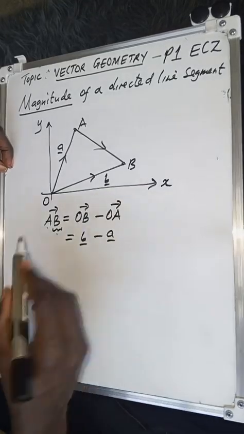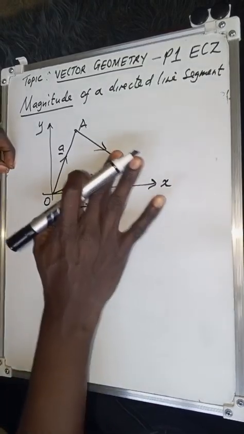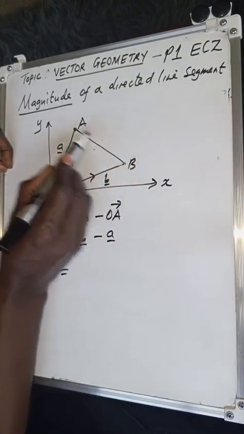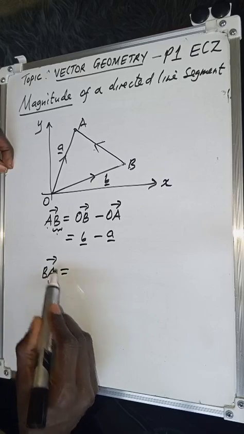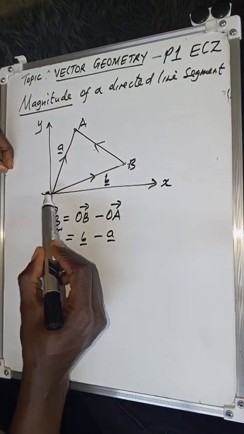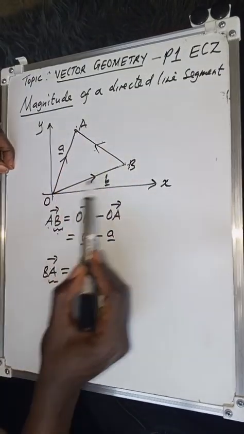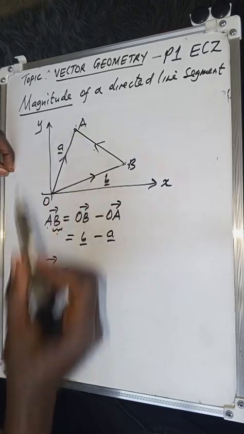So you remember that. Suppose they told us the other way around. I wanted to move BA. Suppose I wanted to move in that direction from B to A. Remember, it simply means A will now be positive. So BA means you move BO combined with OA. But because for BO you're moving in the opposite direction, therefore it will be negative. OA is in the direction. So